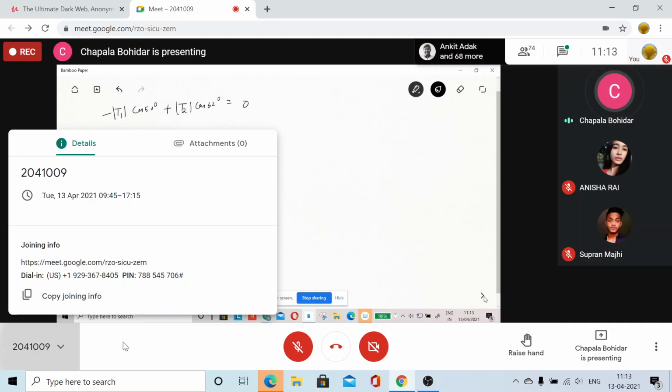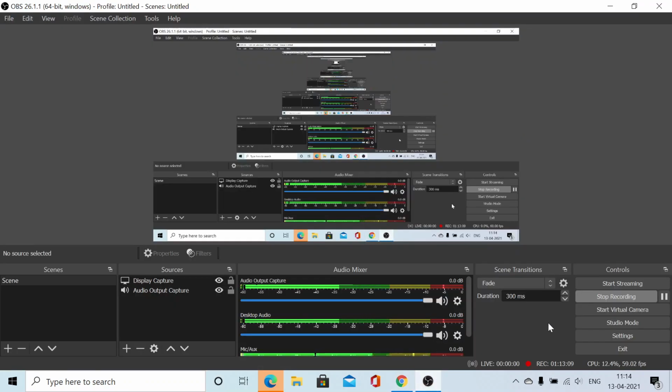Say it is equation 3. I have written equations 1, 2, so it is 3. Then the coefficient of j cap, that is your T1 sin 50 degree plus T2 sin 32 degree is equal to